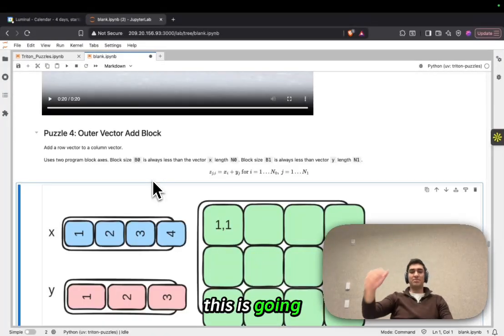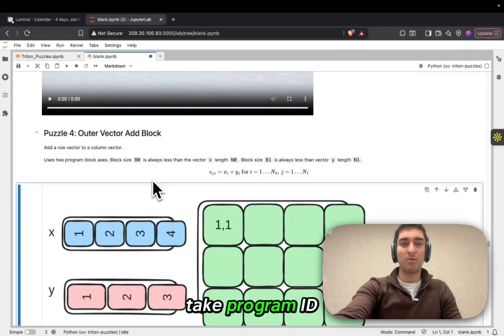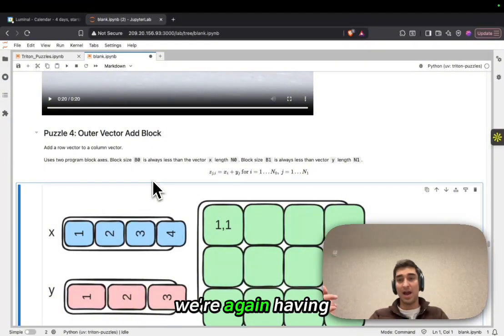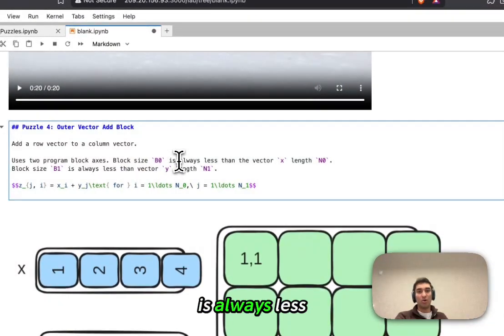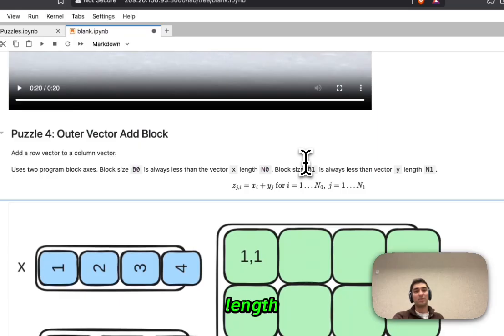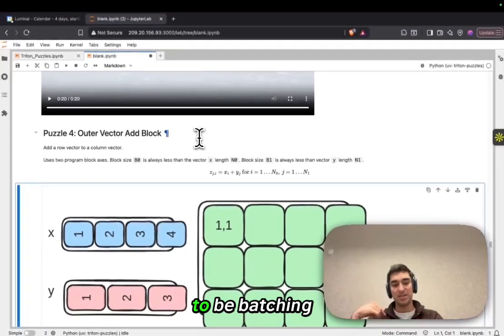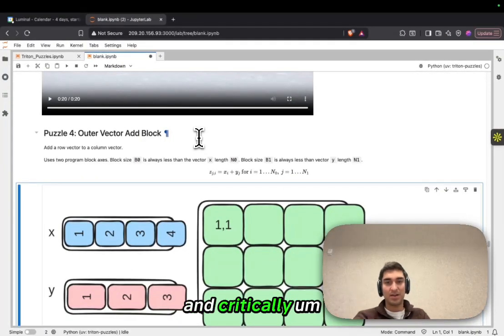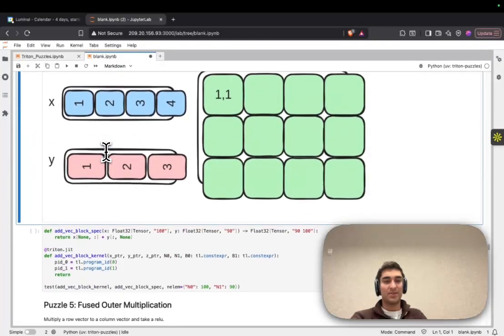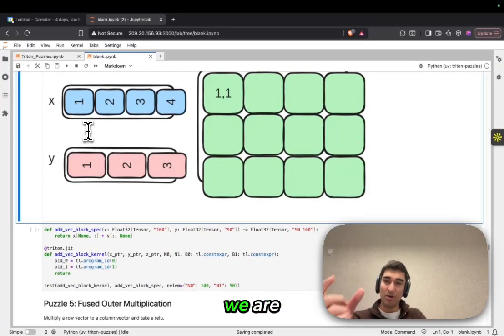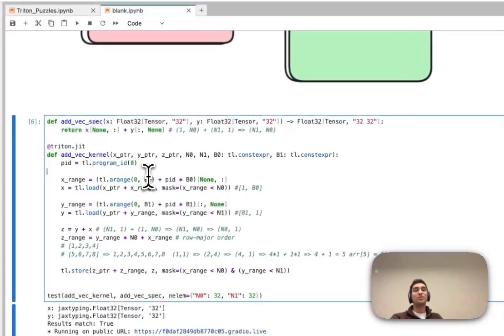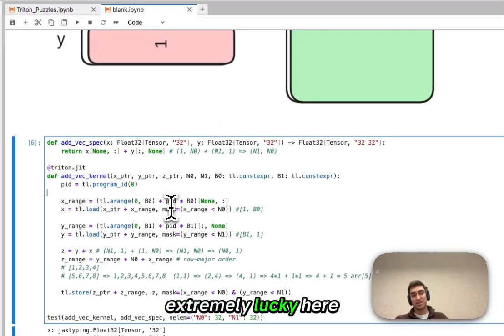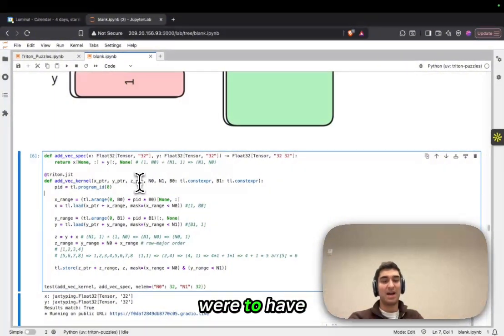So this is going to be where we start to take program ID very seriously. We're again having two vectors added together with the broadcast we went over. But this time, our block size is always less than the full length, which means that we're always going to need to be batching. And critically, this means that we're going to have to keep track of where we are for both. So if we scroll up to puzzle number 3, we'll see that I actually got extremely lucky here, because if we were to have